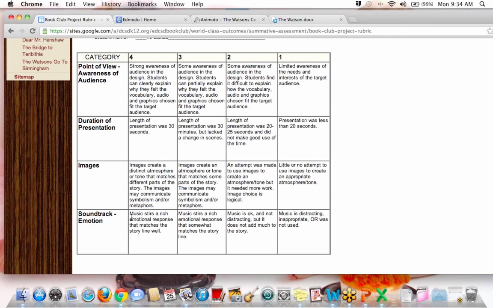Okay, so during these presentations, if you are not the one who is actually presenting, here's what I'd like you to do. While you're watching other people's videos, I want you to think of a compliment for one of your classmates. Okay, so think of a compliment. Maybe it is on one of these categories. That would be great. And then when you're done presenting your video, just be ready to discuss the images and music you chose. Okay?